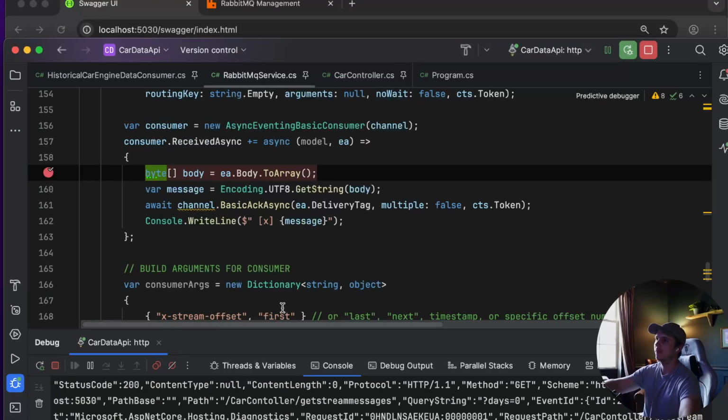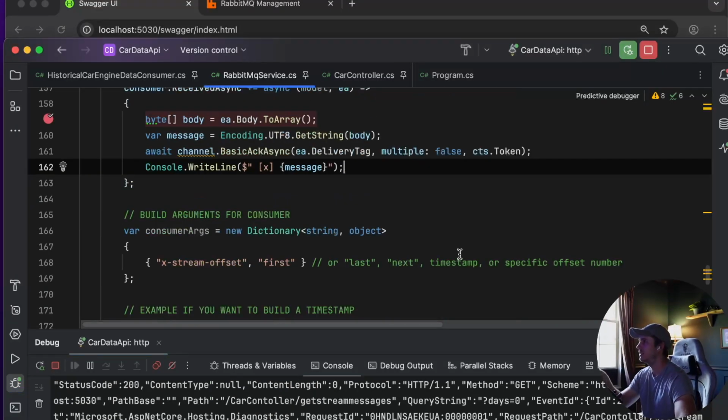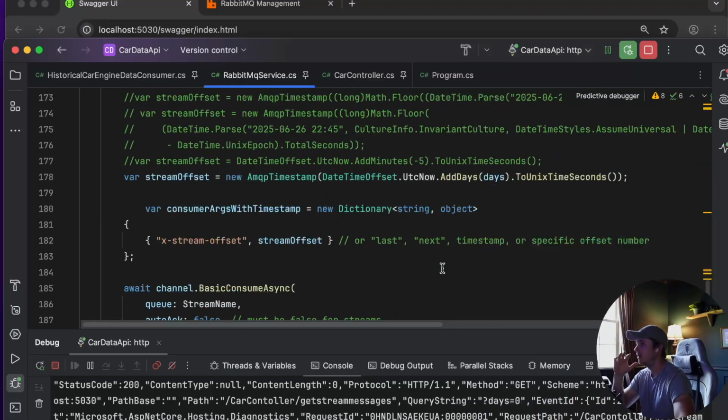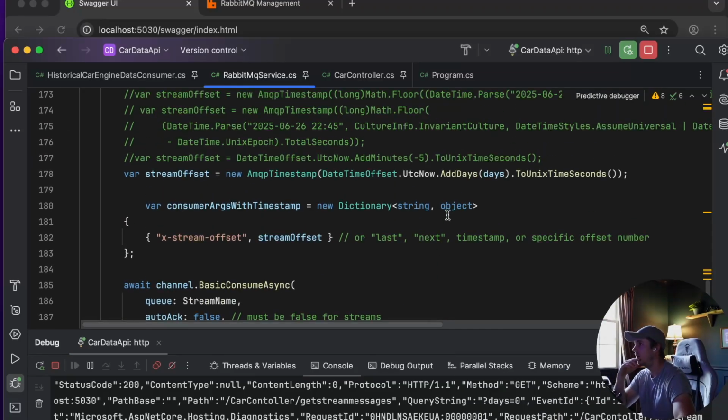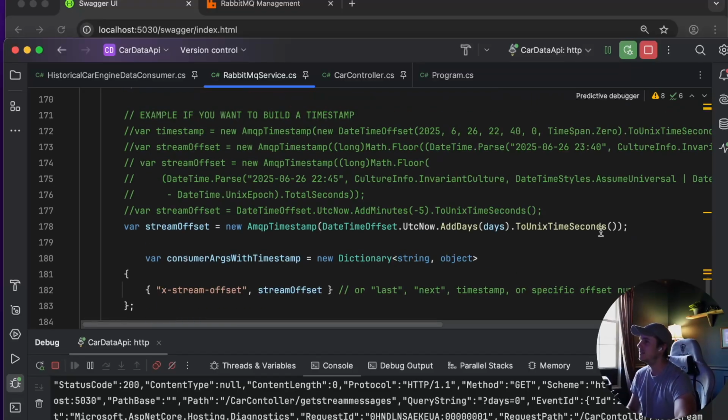So, rough example, it works, but let's go back to the code now, because this timestamp stuff is mind-boggling. It's one small thing in the documentation, like half a sentence, telling you that it uses the Unix timestamp in seconds. Every prompt I gave it, and everything else, always told me to use milliseconds. That just wasn't correct. Make sure you're using seconds. It's not at the milliseconds level of